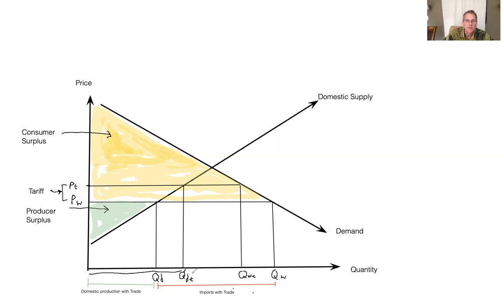So this is the amount that's going to be demanded, and then the amount of imports now with trade is going to shrink down and be, if I go above the line here, this amount from there to there. So the amount imported will change from before, which was QD to QW. It will go down to QDT to QWT. And the domestic production is going to rise in terms of quantity from, we'll just call this 0 here, from 0 to QD, now it's going to go 0 to QDT.